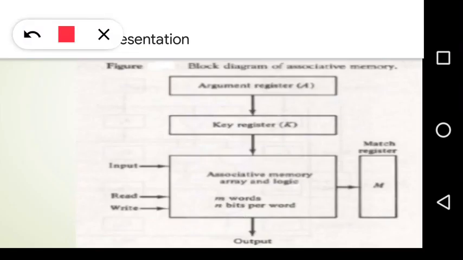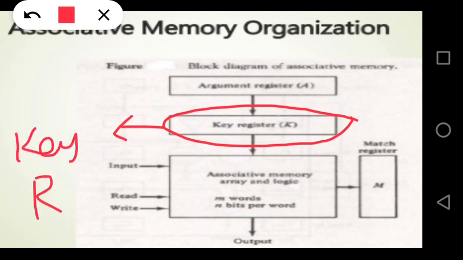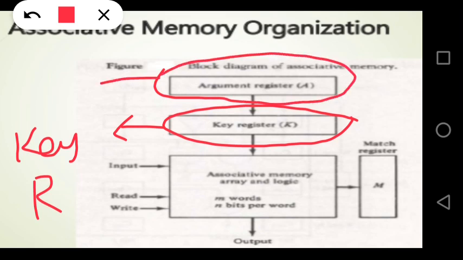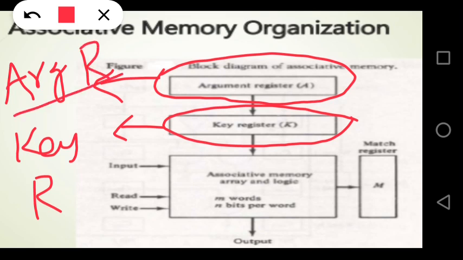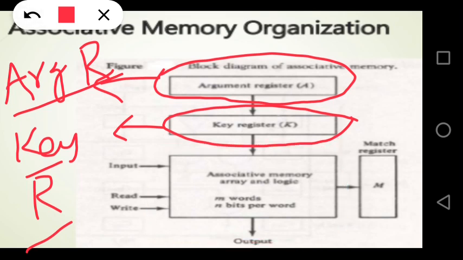And there is another special type of register, which is called the key register. This is called the argument register, and this is called the key register. Now this is the associative memory. This is the actual associative memory, which contains some m words. It contains m memory words, and each word contains n bits: